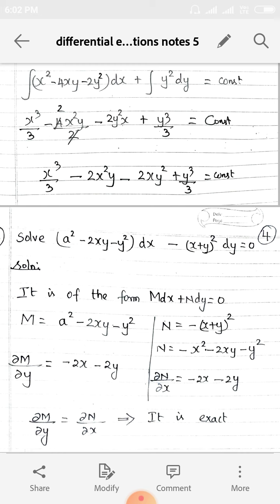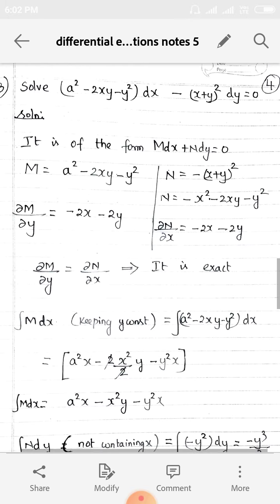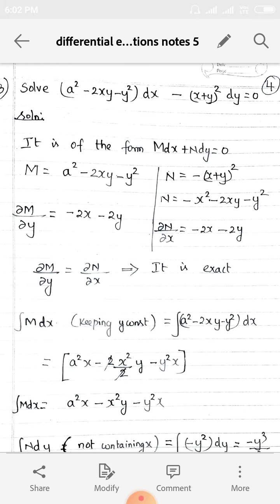So after cancellation, we get the answer: x cube by 3 minus 2x square y minus 2x y square plus y cube by 3 is equal to constant. Right. See the next sum. The same one: (x square minus 2xy minus y square) dx minus (x plus y) the whole square dy